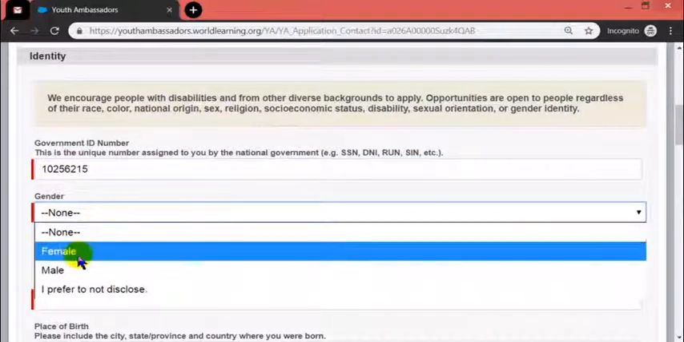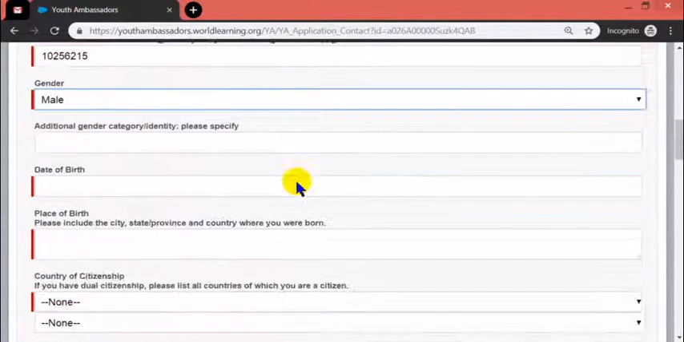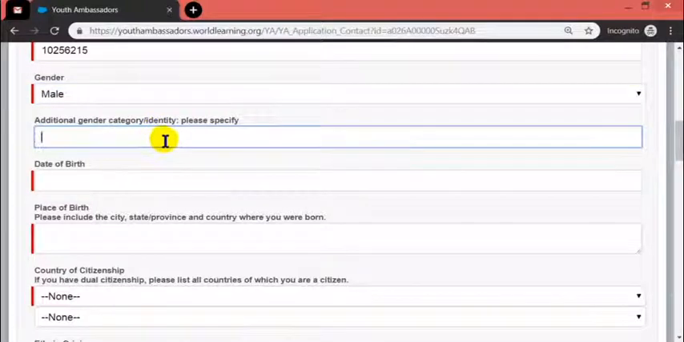Gender, so you can choose male, female, or if you prefer not to disclose the gender, you can also do it, right? But it's also required, right? In my case, male. And if you would like to add another additional gender category, so you can do it